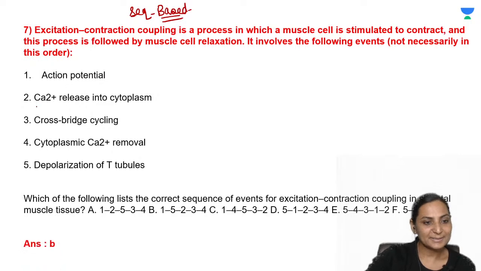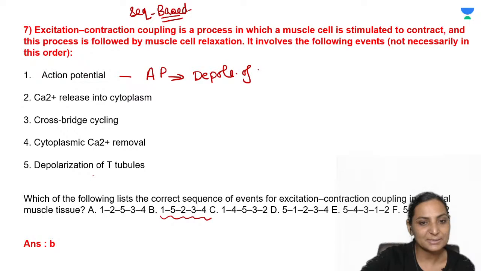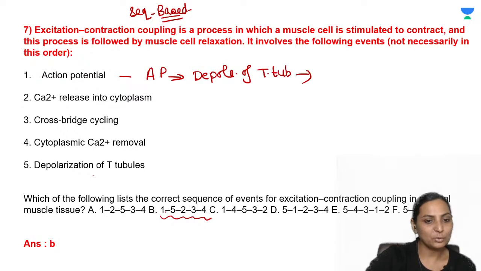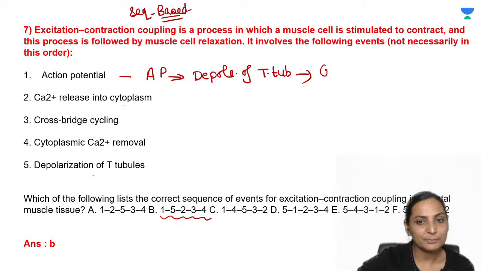Yes, the correct sequence is B. What is B? 1. That is, first there is going to be action potential, followed by 5. This action potential is going to result in depolarization of the T tubule, followed by 2. That means calcium released in the sarcoplasm, followed by 3. Once the calcium is released, there is the cross bridge activity, which is going to result in the muscle contraction,